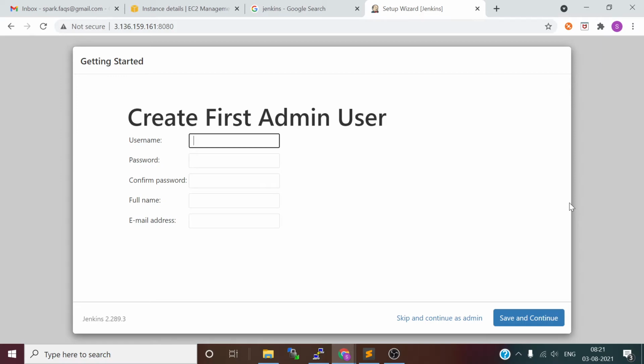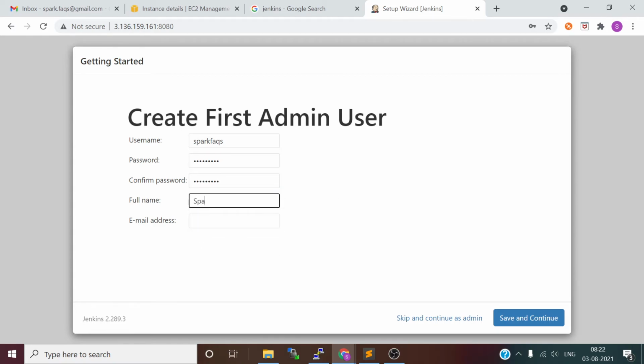Okay, so you can create an admin user, or you can continue as admin. Let me create one. I'll create one as Spark FAQs. I'll use that as the username, and keep the password the same.